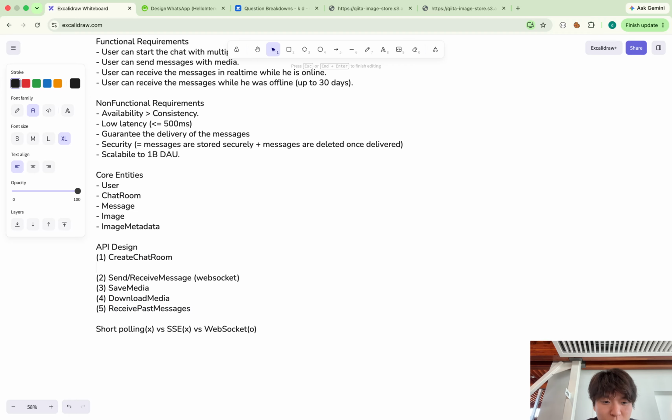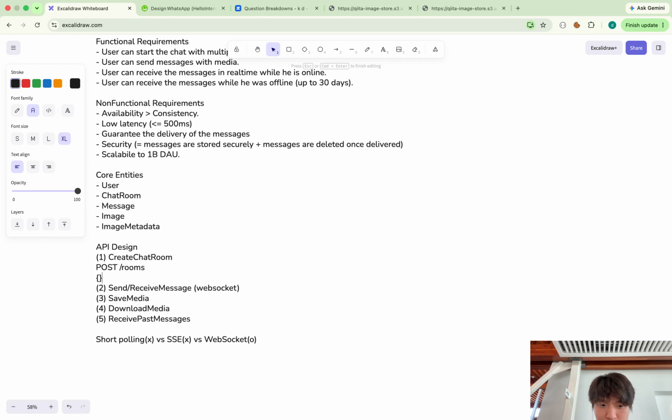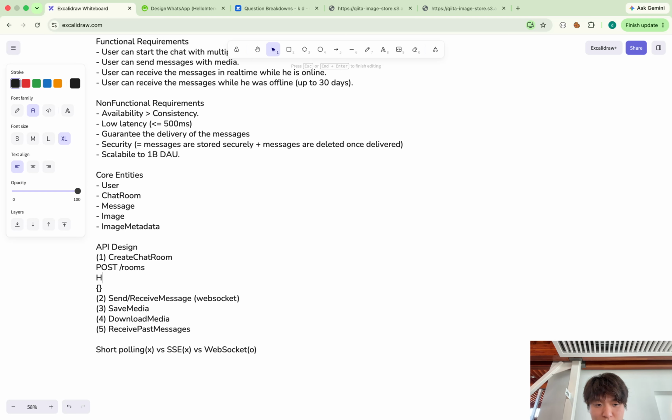To go into more detail, for create chat room, we use POST, and we need a header which includes the session token.